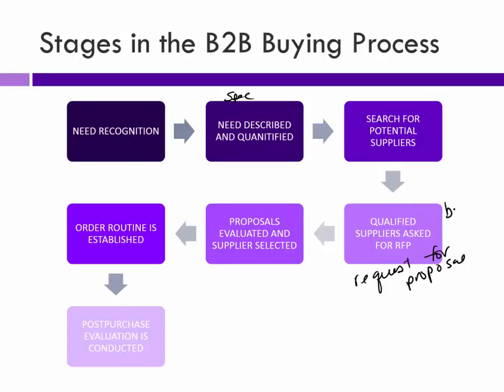So this is when you're getting bids. You identify companies who are capable of making it, and then you ask for bids. Then you evaluate the different proposals and bids you got, and then you make a decision. And then for some things, if it's a routine thing, we set up a timeline and then we evaluate it. And if it didn't meet our needs, as described up here, then we kind of search over again. Now this would be for the more complicated process. We go through all these steps for, say, here we'll talk about the different types of purchase.